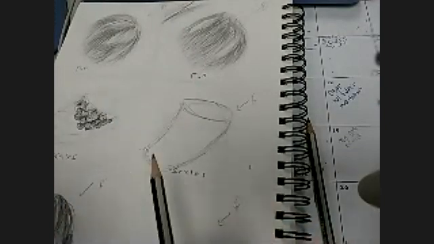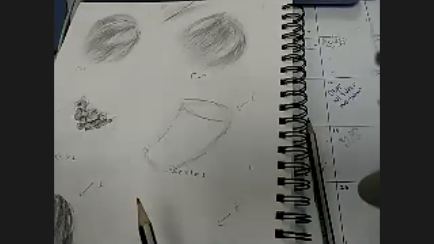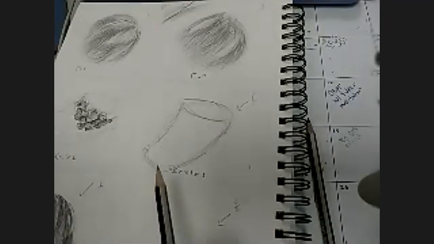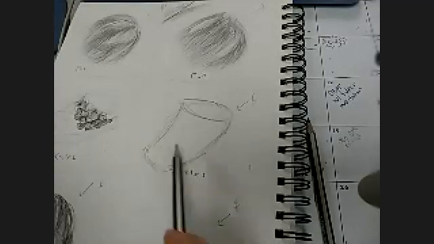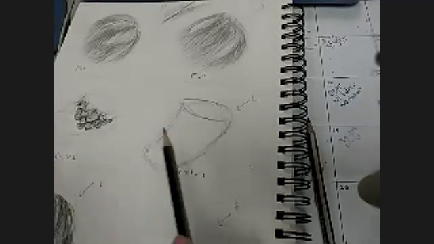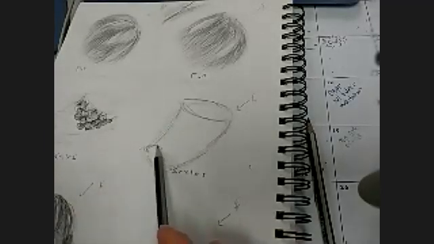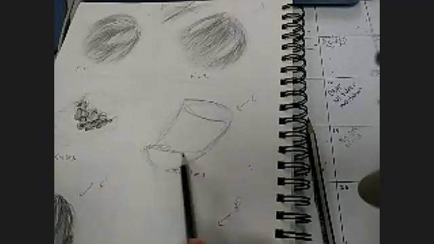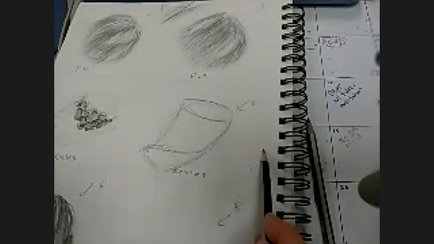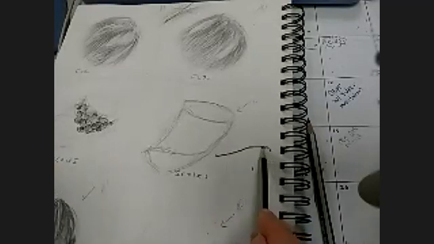When you're creating your scales, you want to start off with a grid-like structure that would wrap around the body. So they aren't flat creatures, they are rounded. So I'm creating a slight S curve. It looks like that